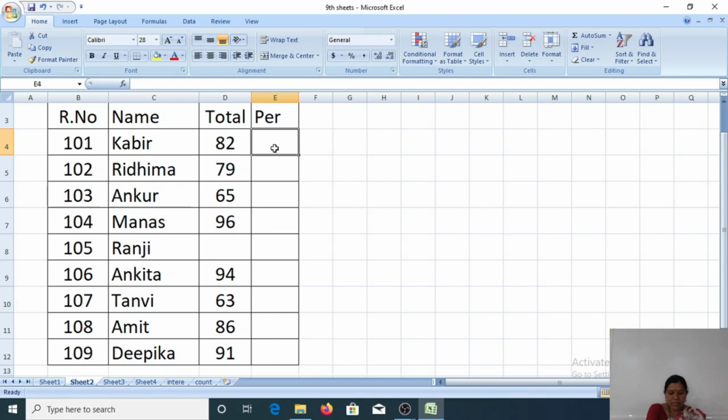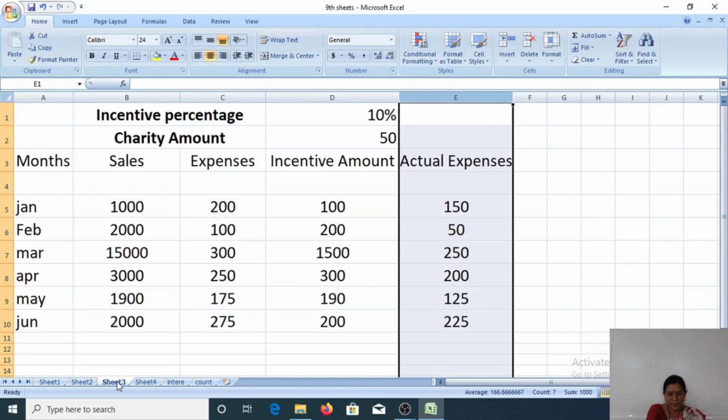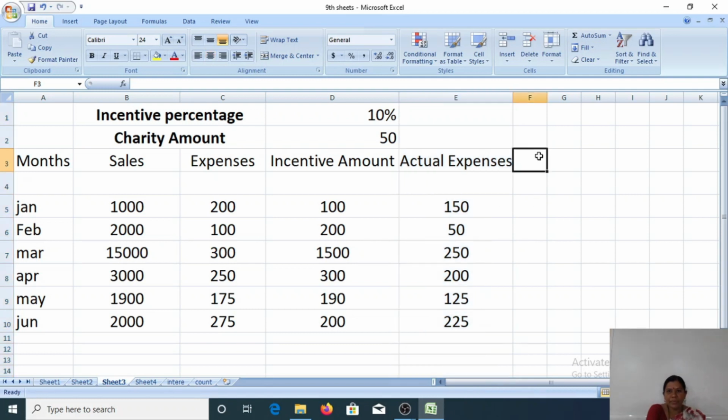Let's calculate the sum of the numbers available in the range B5 to B10 and display it in B12. I will show you one more sheet. Now I will apply the formula here. I will type Total here.